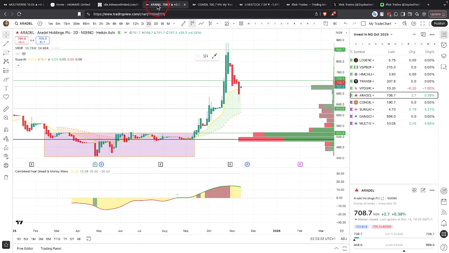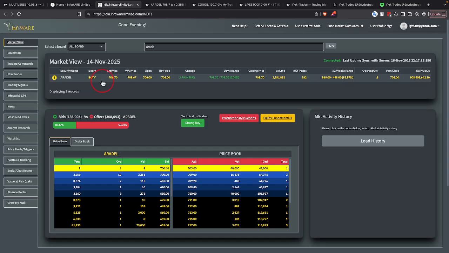So TradingView showed you the price at 708.7. If you went back to our software, yes, last price was 708.7. But as of Friday, there was somebody willing to sell at 705. So if you had utilized this tool, Infoware Limited, you would have known that there was somebody willing to sell Aradel at 705 and wanted to sell over 48,000. So what if you wanted to buy 28,000? Instead of buying at the last price of 708, you would have bought at 705 and you would have saved yourself